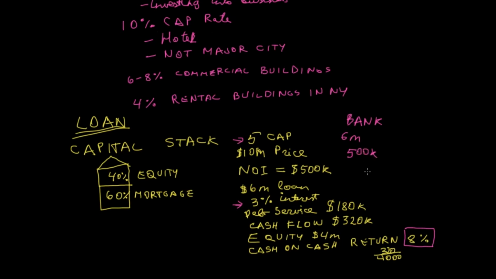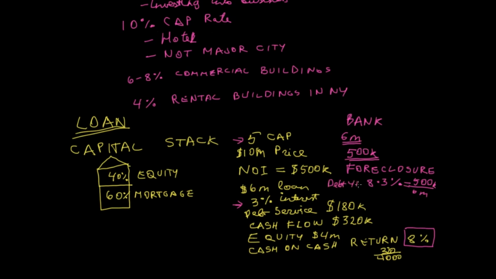Now, what the bank thinks is, well, we just put $6 million into the loan, and the building is making 500,000 a year. So if for some reason we need to foreclose, we will be making that 500,000 on a 6 million investment. So what would be our cap rate? It's going to be a little bit over 8%. It's going to be like 8.3%,